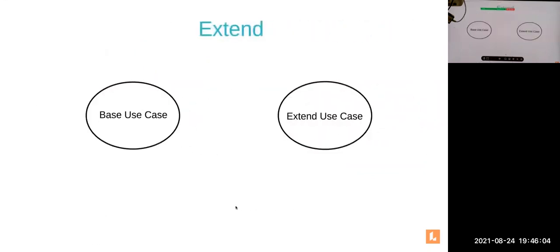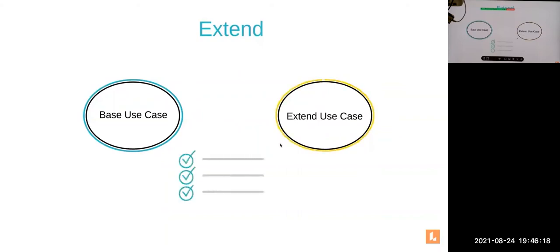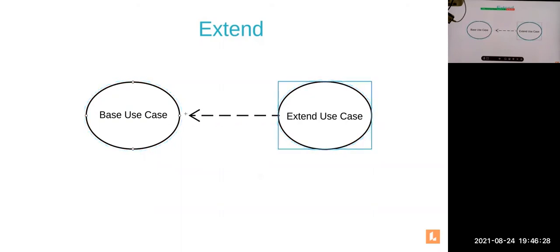An extend relationship has a base use case and an extend use case. When the base use case is executed, the extend use case will happen sometimes, but not every time. The extend use case will only happen if certain criteria are met. Another way to think of it is that you have the option to extend the behavior of the base use case. When you have an extend relationship, you draw a dashed line with an arrow that points towards the base